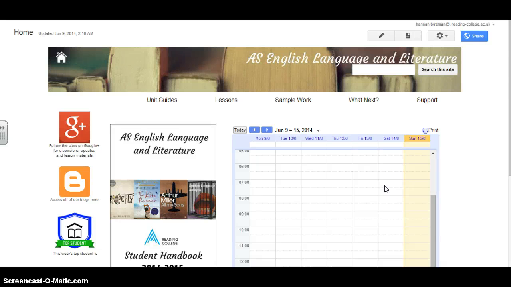In these short guides, I'm going to be taking you through a range of ways in which you can edit a Google site in order to make it into your VLE platform. This is one that I've spent a lot of time over the last few weeks working on for my AS English students, and I'm going to be showing you some of the techniques that I used in order to achieve this. So in the first video, I'm just going to be showing you how to create the basic